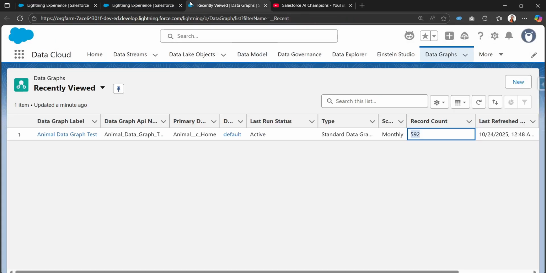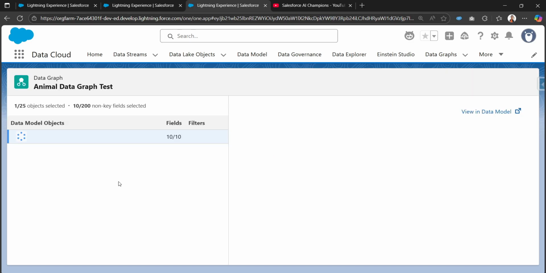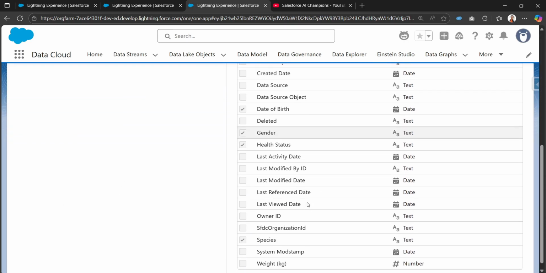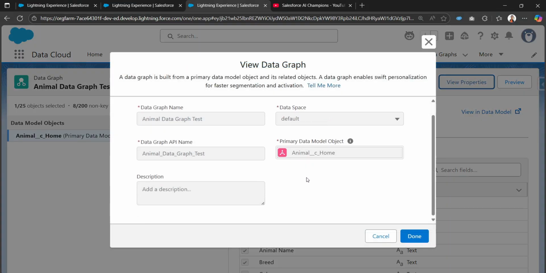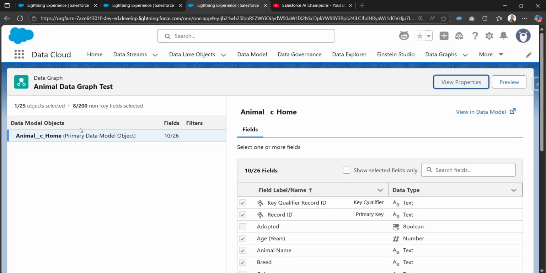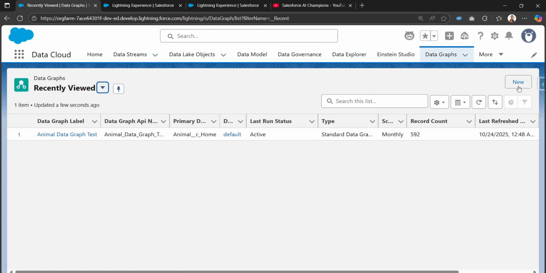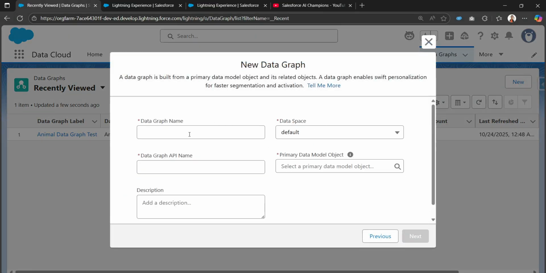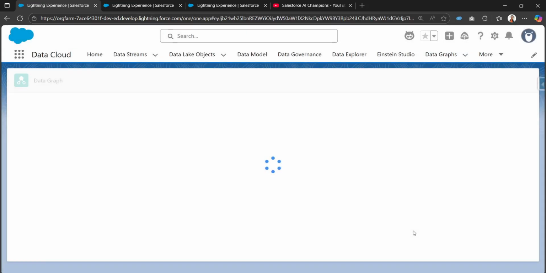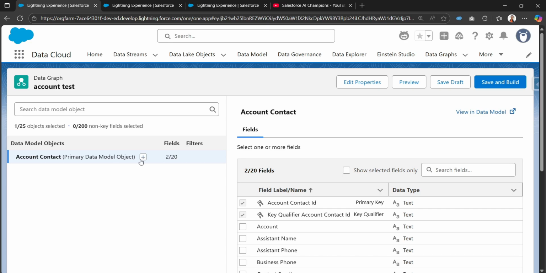And let me show you this created data graph, and we can see that this data graph is there, and we can see these properties here. The thing I want to tell you is, let me show you quickly. Let me create a new data graph, account paste. I am choosing this account contact object for the demo purpose, and in here I wanted to show you